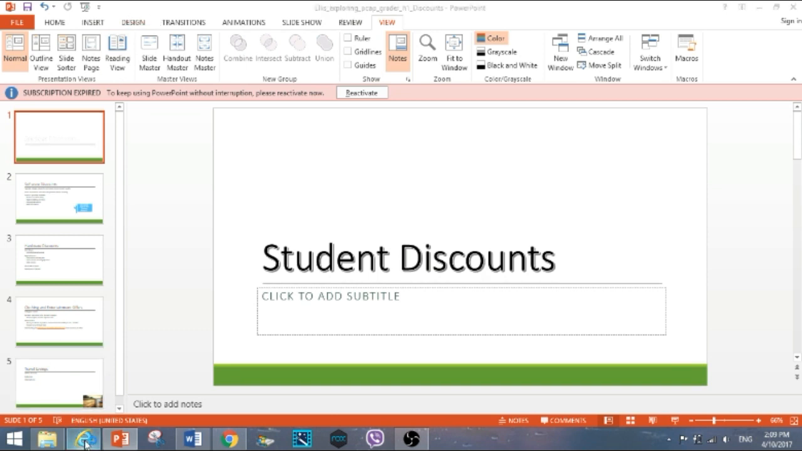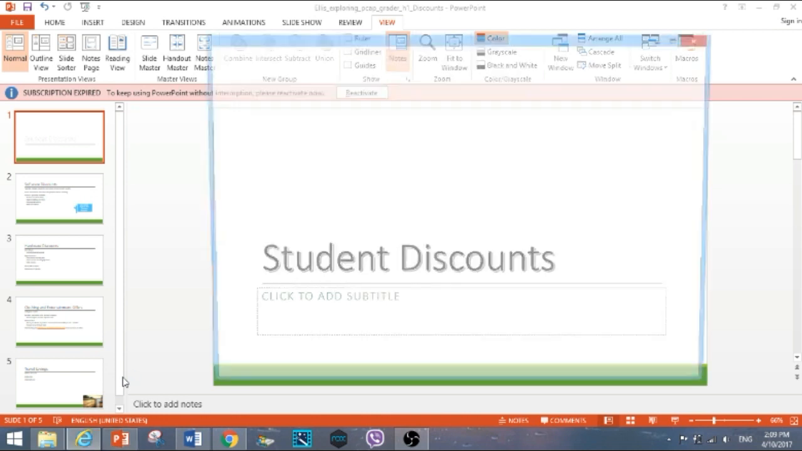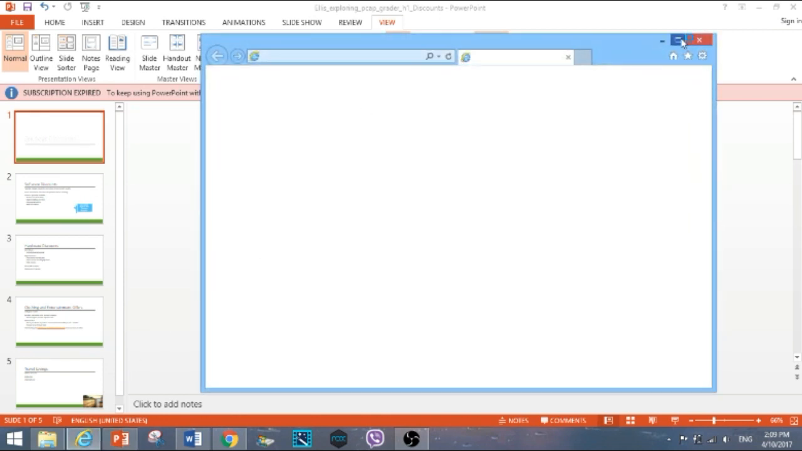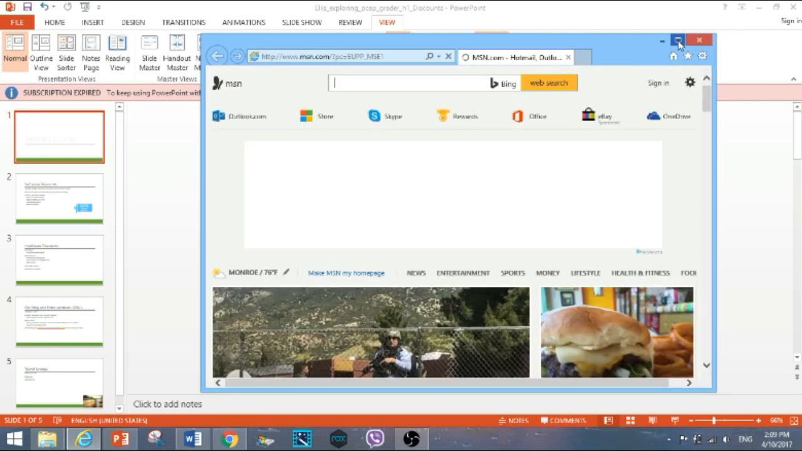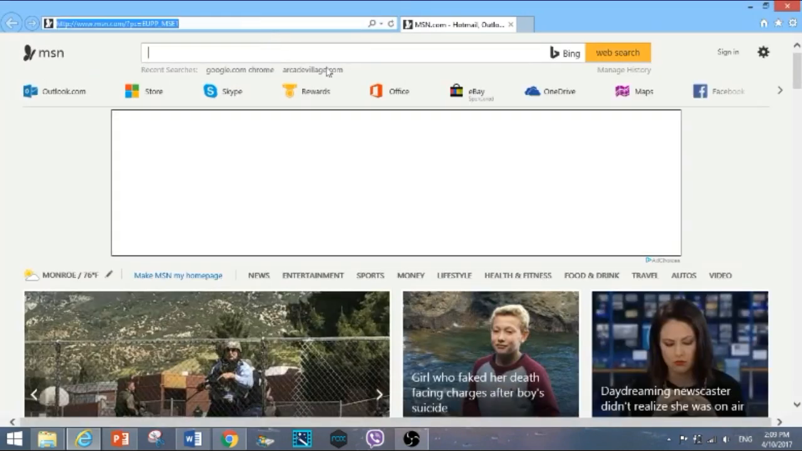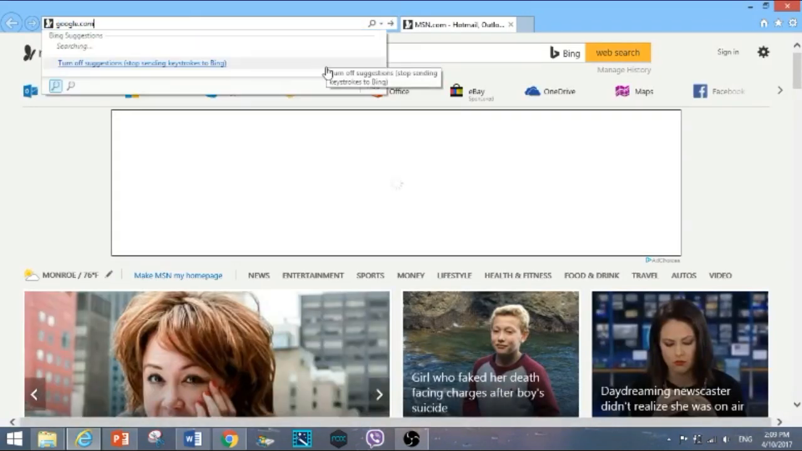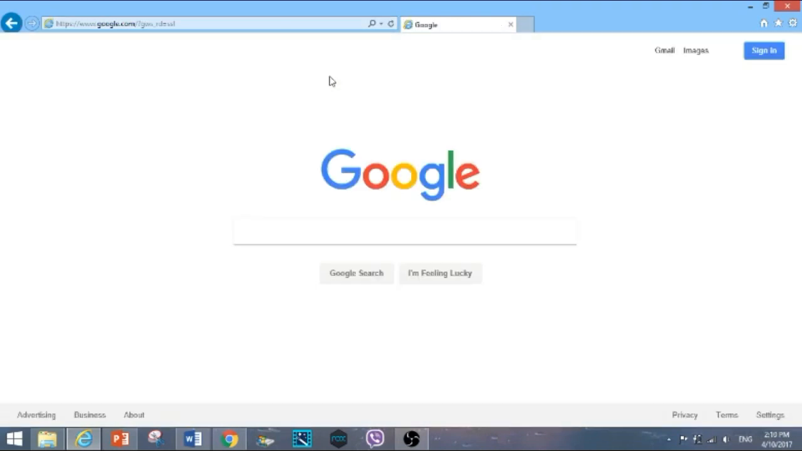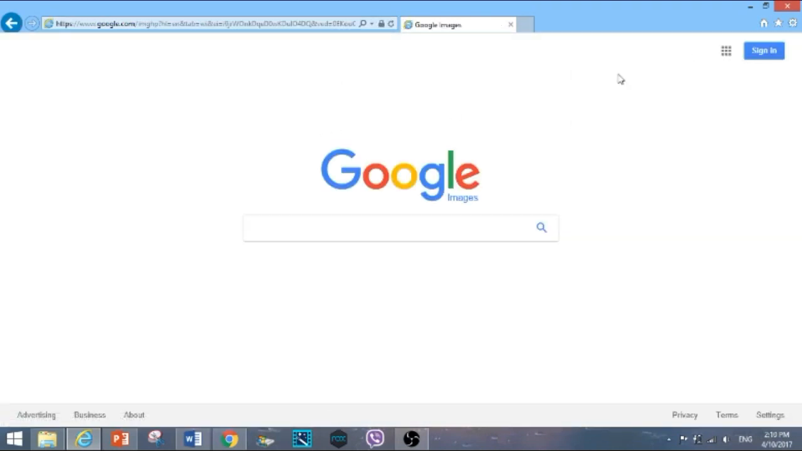So we're going to open up Internet Explorer. I know I have Chrome open, but I'm doing something right now, so we're going to go with Internet Explorer. You can use any internet browser, it doesn't matter which. Personally, regarding the search engine, I prefer Google better than Bing. So we're going to go to google.com and click on images and search